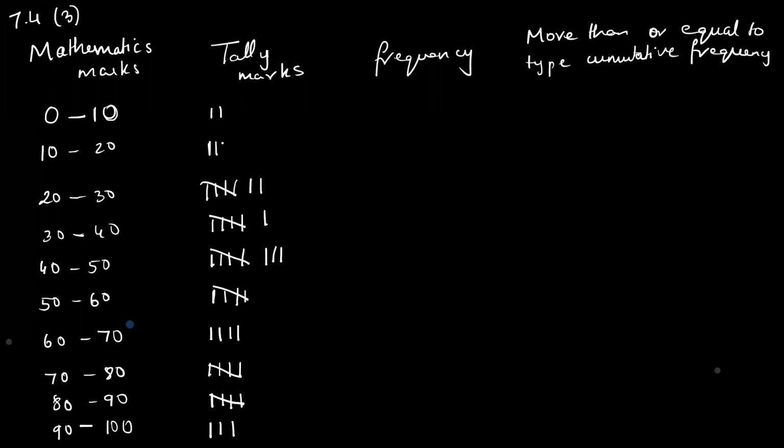17 in 10 to 20. 77 in 70 to 80. 45 in 40 to 50. 5 in 0 to 10. 23 in 20 to 30. 37 in 30 to 40. 38 in 30 to 40. 35 also in 30 to 40. 25 in 20 to 30, 46 in 40 to 50, 57 in 50 to 60, 68 in 60 to 70, 45 in 40 to 50, 47 in 40 to 50, and 49 in 40 to 50. Okay. Now look at the tally marks and tell me what frequency will come.